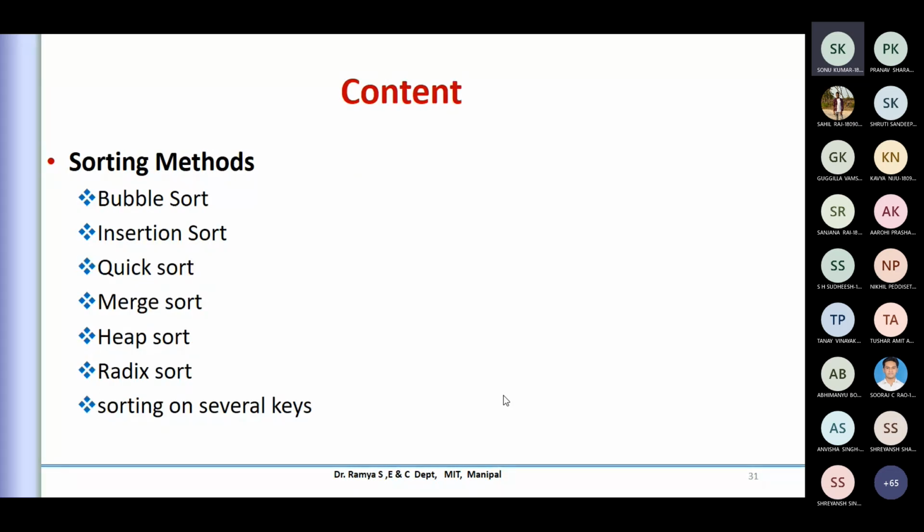We covered almost the bubble sort, and we just touched upon the insertion sort. Now, can anyone make a difference between bubble sort and insertion sort? I want a volunteer for this. Otherwise, I will call out the names. What you understood with bubble sort and insertion sort?